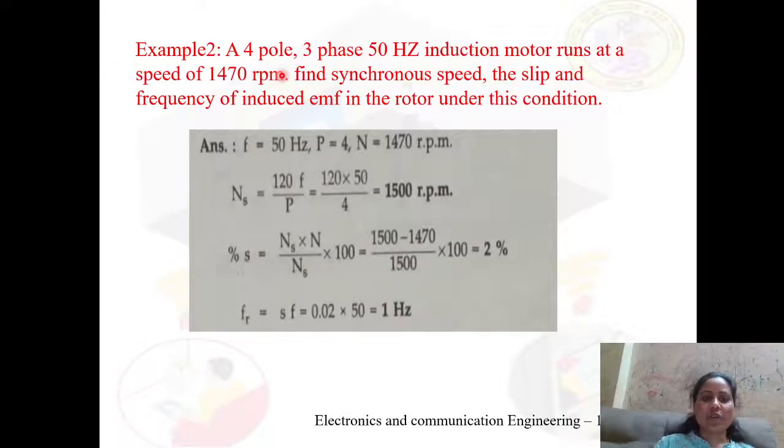Okay, so a 4-pole 3-phase 50 Hz induction motor runs at a speed of 1470 rpm. What they are saying is a 4-pole 3-phase 50 Hz induction motor. If it runs at 1470 rpm, find synchronous speed, slip and frequency of the induced EMF in the rotor under this condition. Okay, so we need to find the slip, that is using this equation, percentage S is equal to